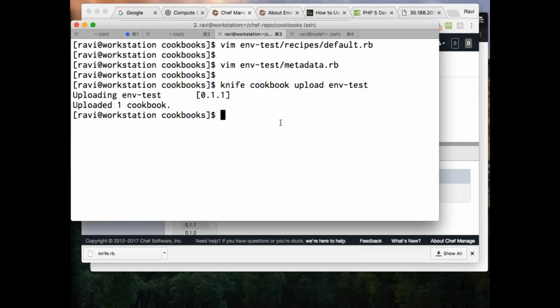I need to create a new environment file, something like qa.rb over there, and under that I'll say the cookbook version which I want to use, something like version 0.1.1. Once I say sudo chef client, now it will automatically pick up that new version and it will apply. In this way, environments will be helpful if you are having the same cookbook but doing different types of operations with it, because Chef is automatically providing the version. You did not have any git here, but you still have the versioning there.